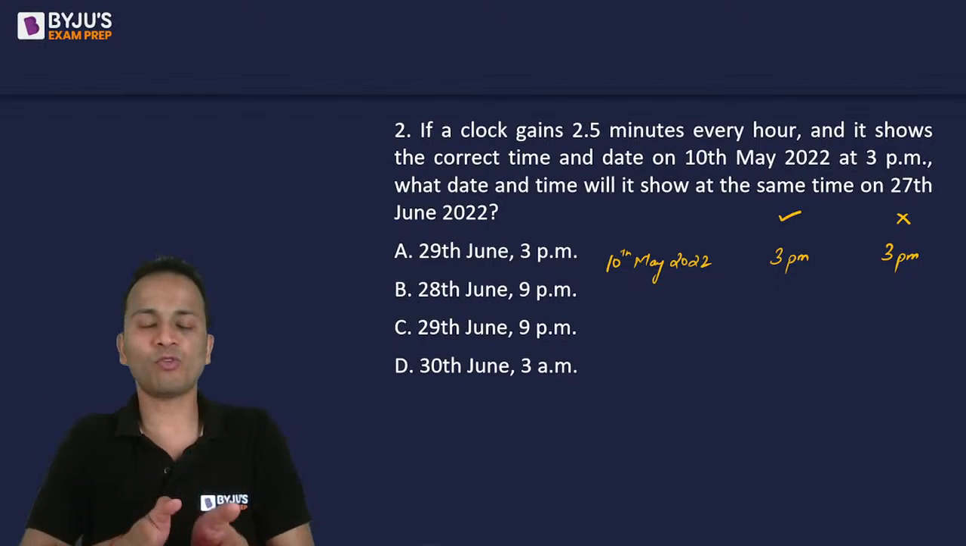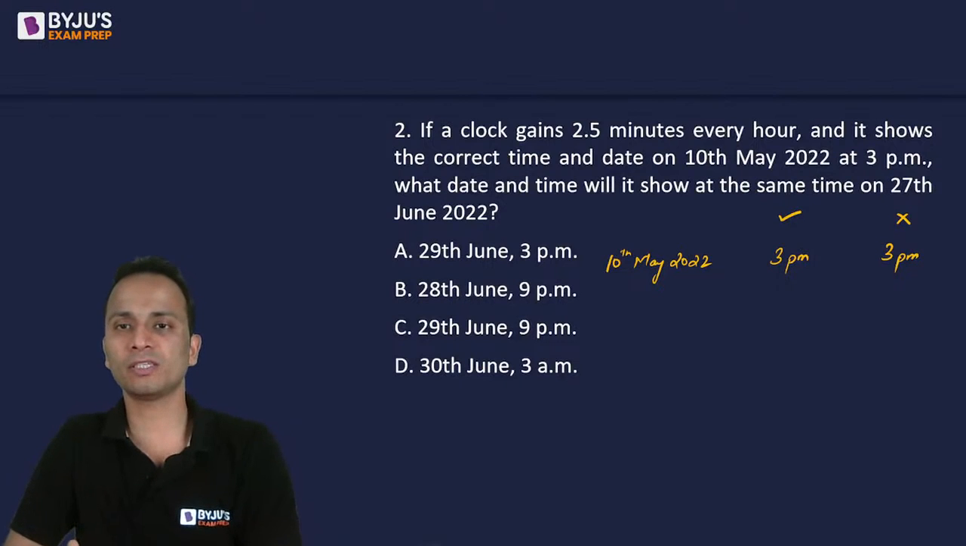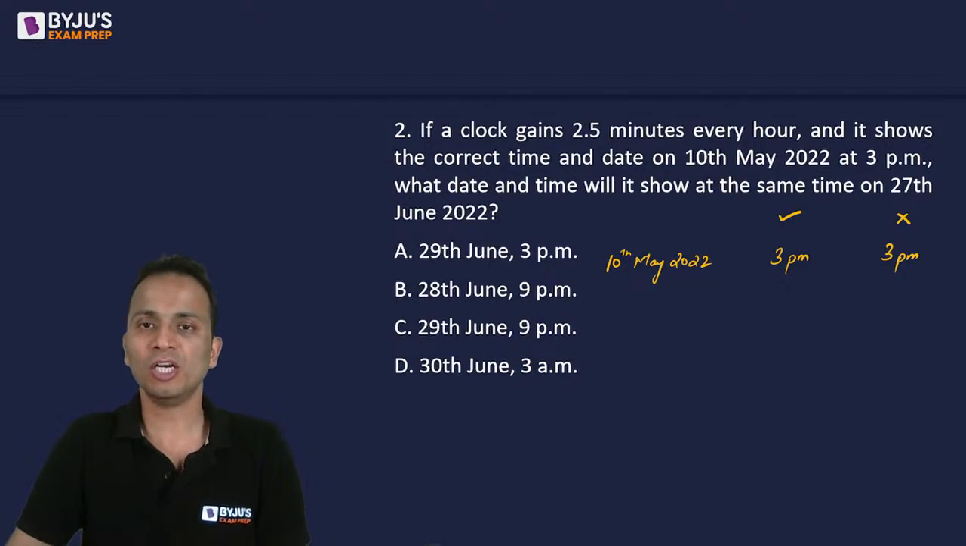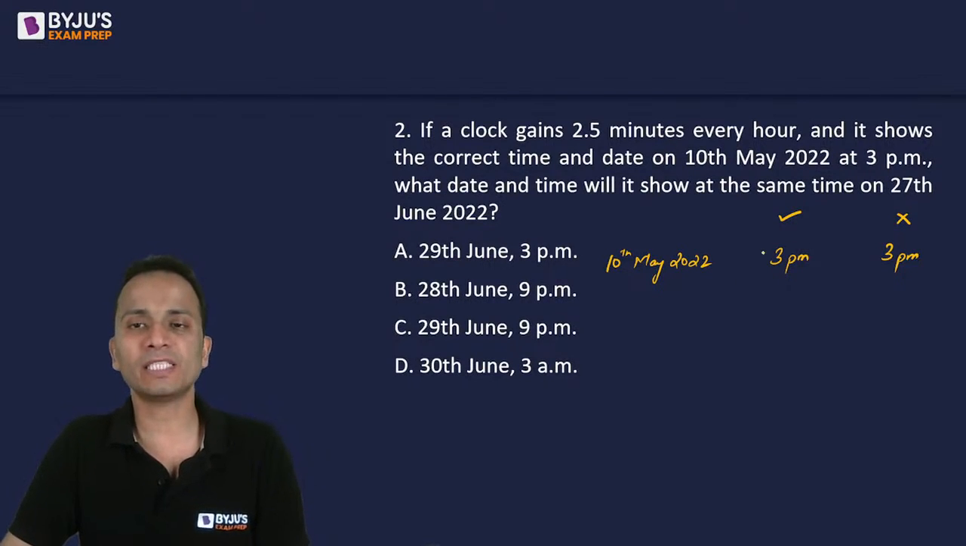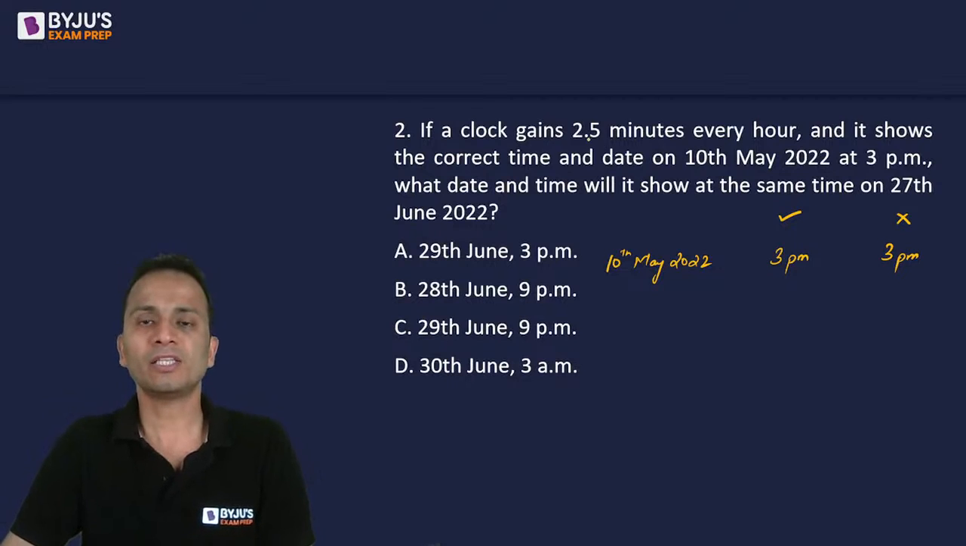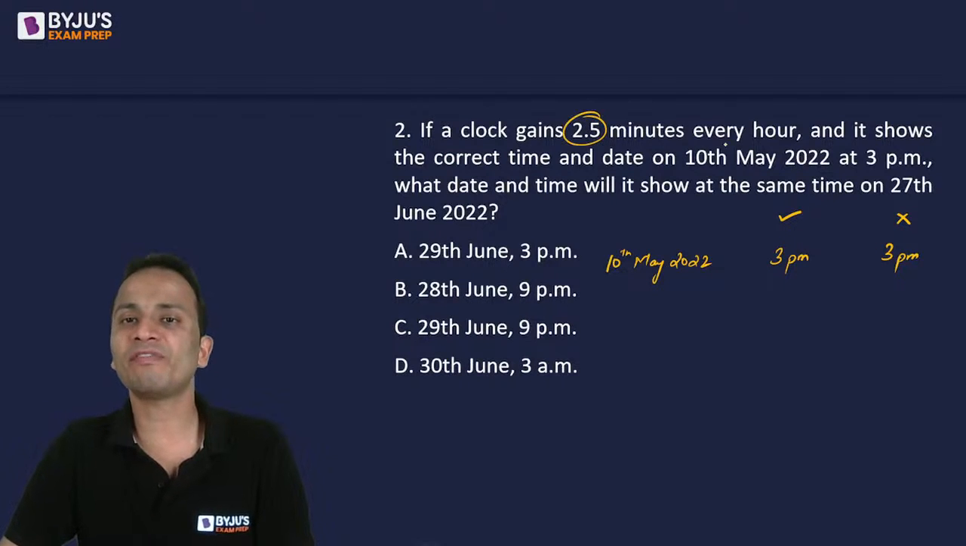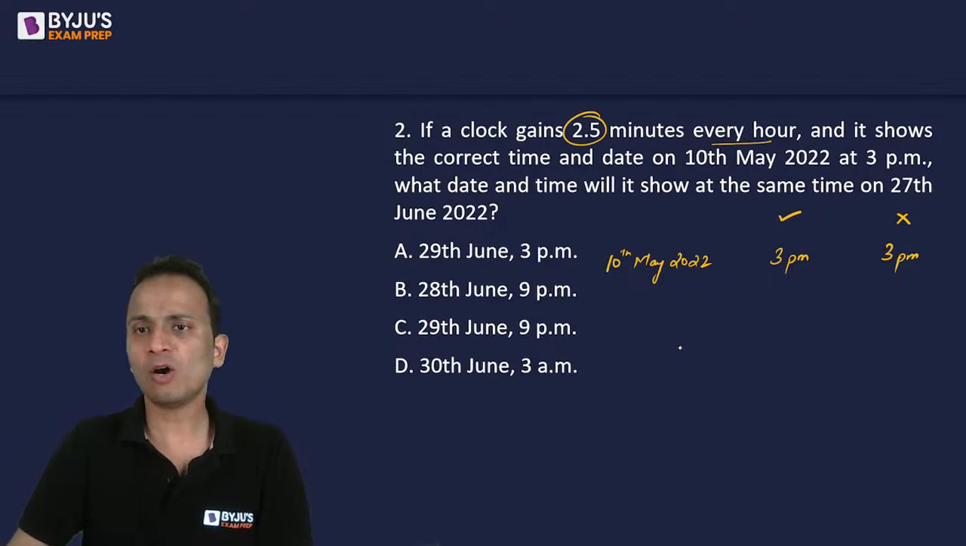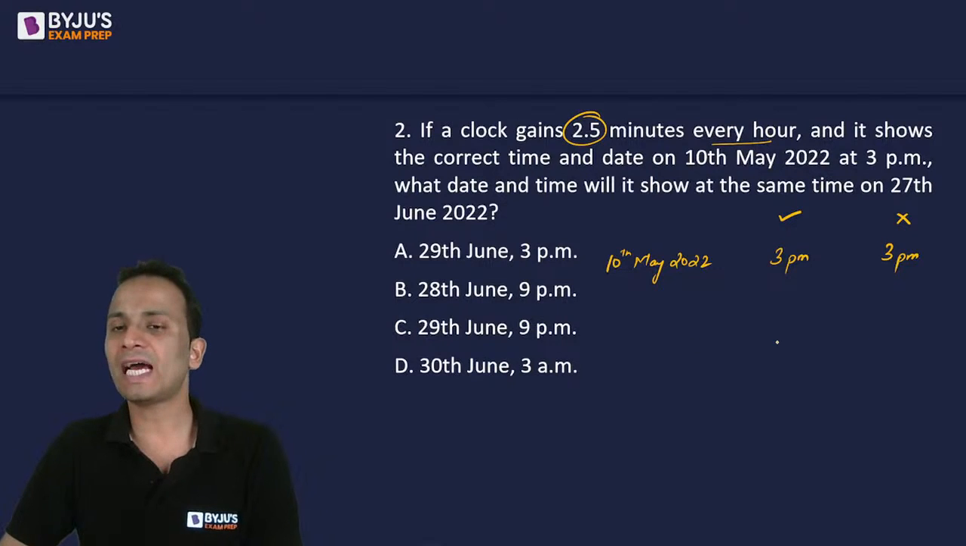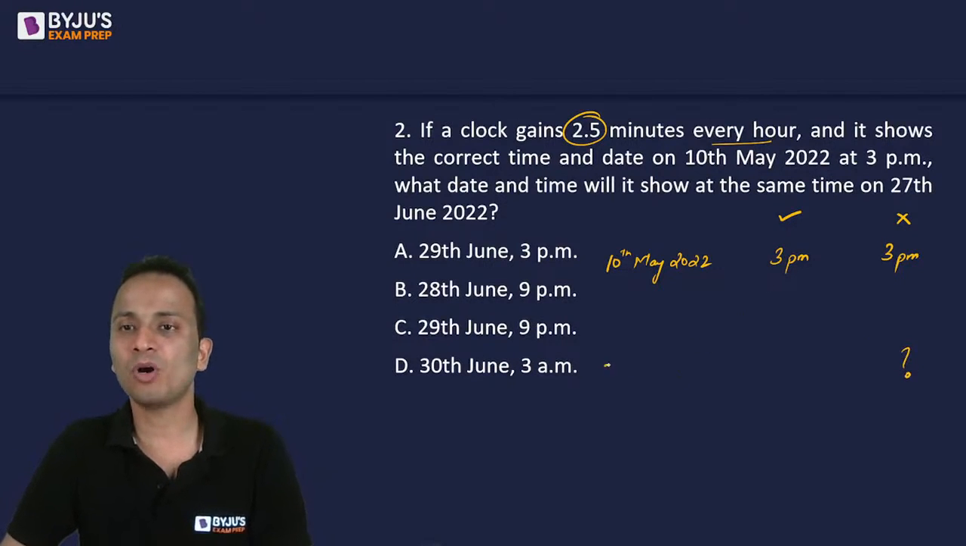Okay, so one clock is faulty and one clock is perfect. On 10th May 2022, when the correct time is 3 p.m., this clock also shows 3 p.m. Now this clock is gaining at a rate of 2.5 minutes every hour. Now we'll have to find out the time indicated by this clock when the correct time on 27th of June